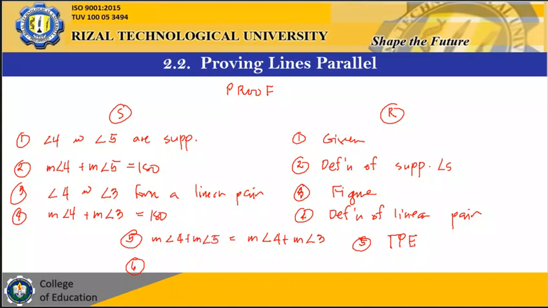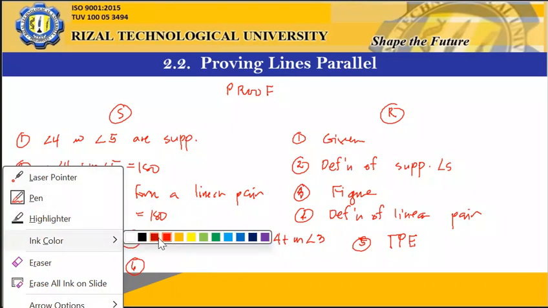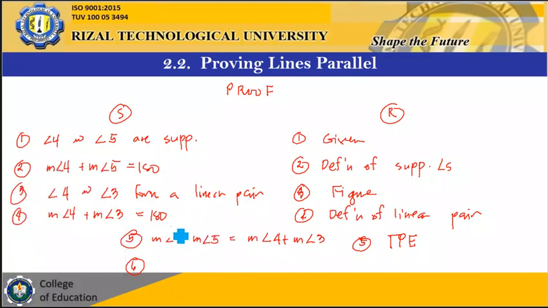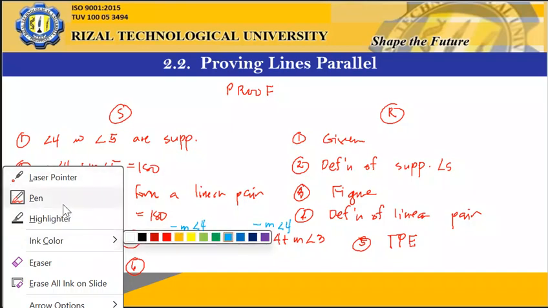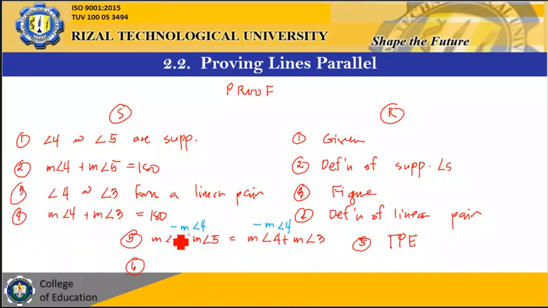If I subtract the measure of angle 4 from both sides, then what will remain is the measure of angle 5 is equal to the measure of angle 3, which is the subtraction property of equality. Okay,